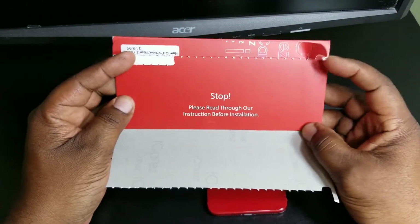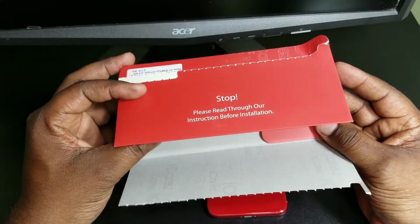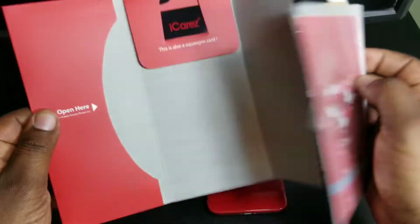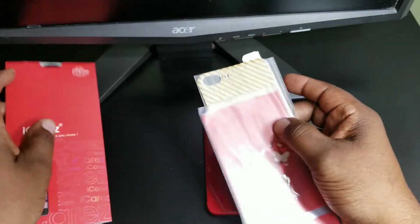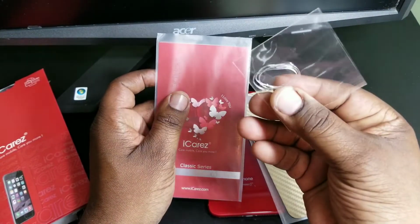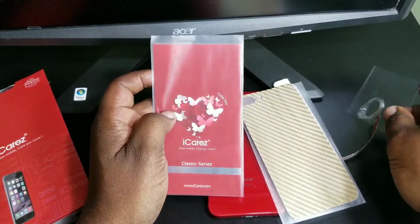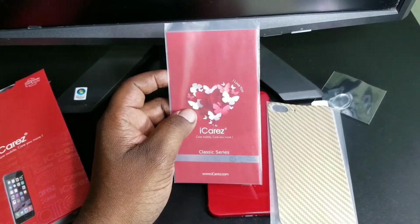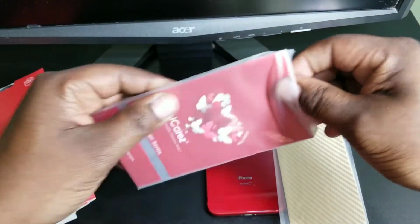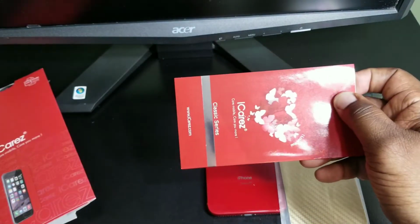All right, stop, read through our instructions before installation. All right, so pretty good presentation here. So you get three of them in the pack. Not sure what this is. That's probably why they're saying read the installation instructions there. But you get that in the pack, and you get, if I can get this out of here, guys,